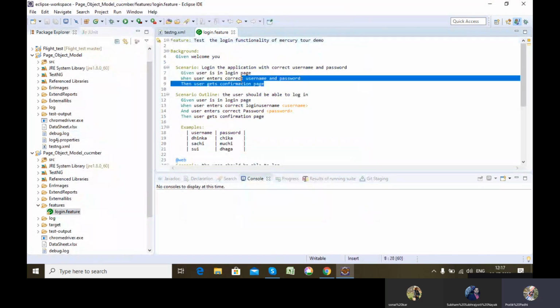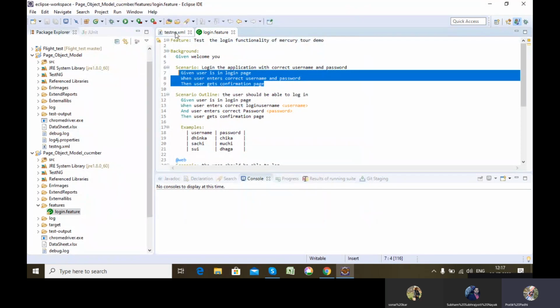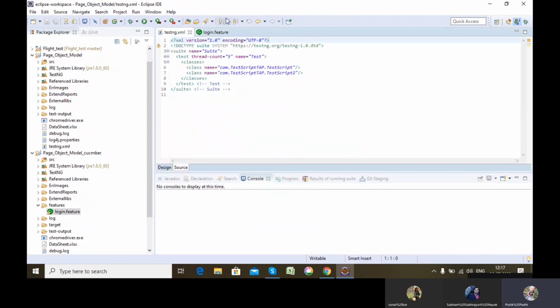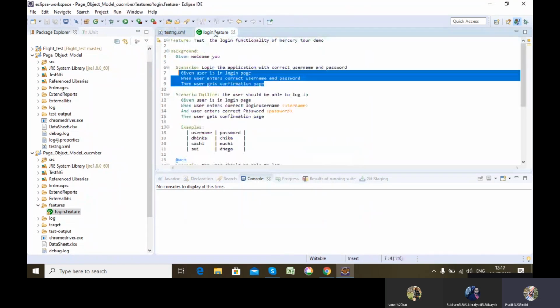So from this, a person who doesn't have any technical knowledge can also understand which test case you are trying to execute by reading this feature file. But in case of TestNG, a person who has no technical knowledge cannot understand anything. That's why these days Cucumber is in demand.